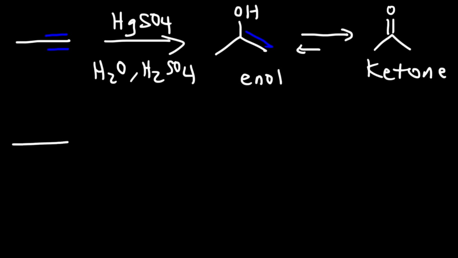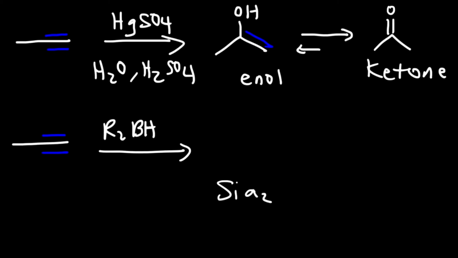Now there's another reaction that you need to be familiar with. It's the hydroboration oxidation reaction, because with alkenes, it also produces alcohols. Now, when dealing with alkynes, instead of using BH3, typically you'll see R2BH. Sometimes you might see Sia2BH, disiamylborane. Now, the reason why you want to use this when dealing with terminal alkynes is because borane can react